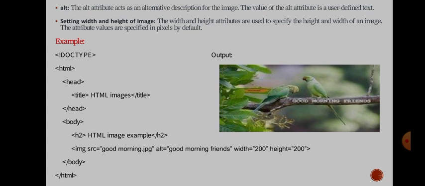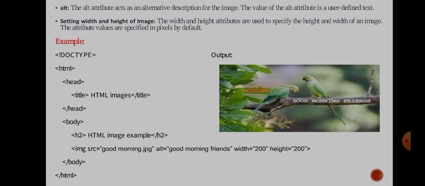I am taking the title as HTML images, and coming to the body section, I write the heading using the h2 tag, HTML image example, and I am using the image tag to display the image on the web page. And here src is equal to goodmorning.jpg.